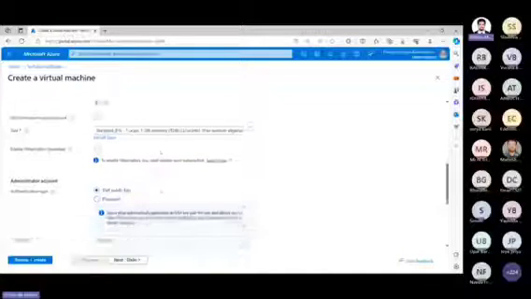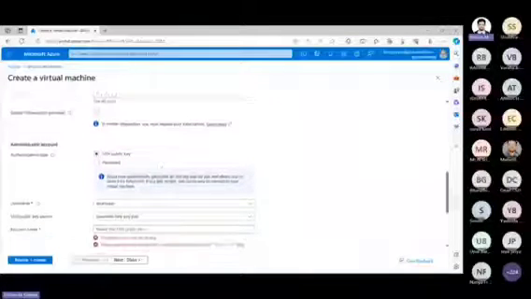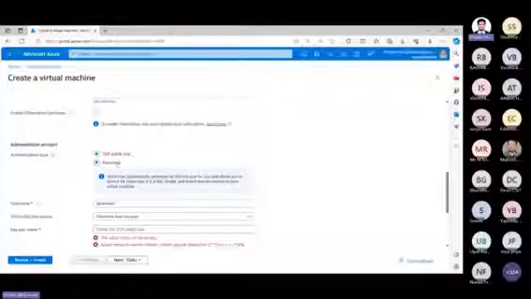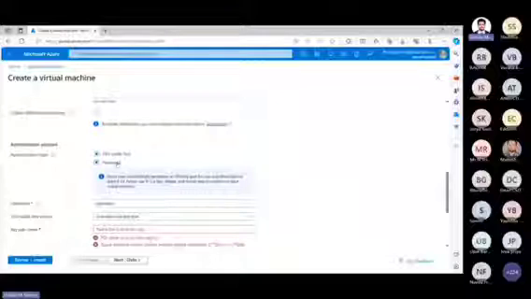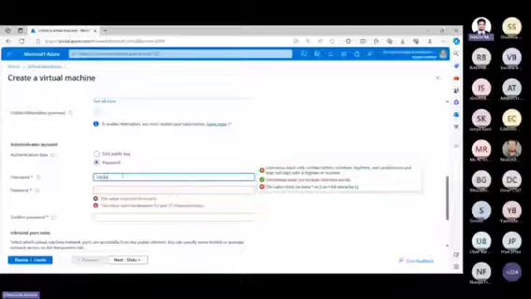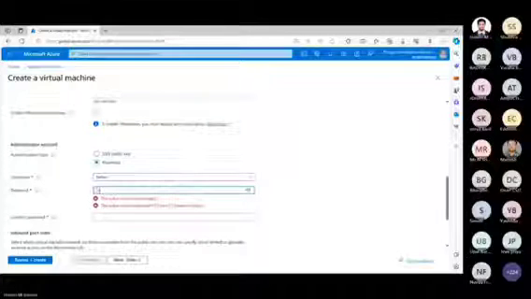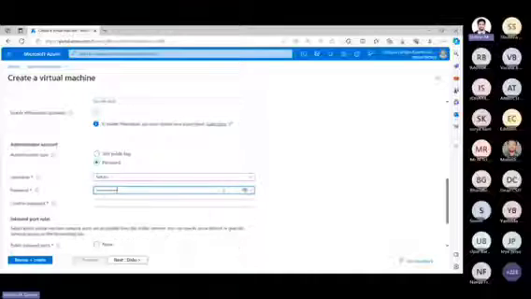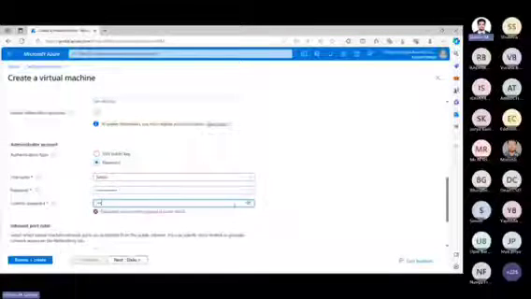Then you have the administrator account. Two authentication types are provided by Ubuntu systems. Either you can use an SSH public key, or you can use a normal password setup. I'm going with the password setup. So Helvin, test at the rate 1 2 3 4 5 6 7. I request you to verify your password, because later if you are not able to log in